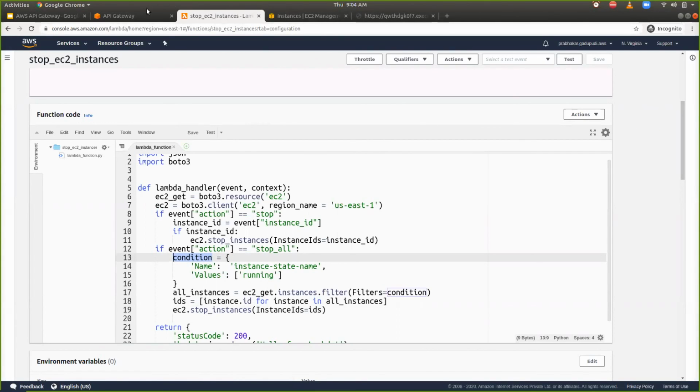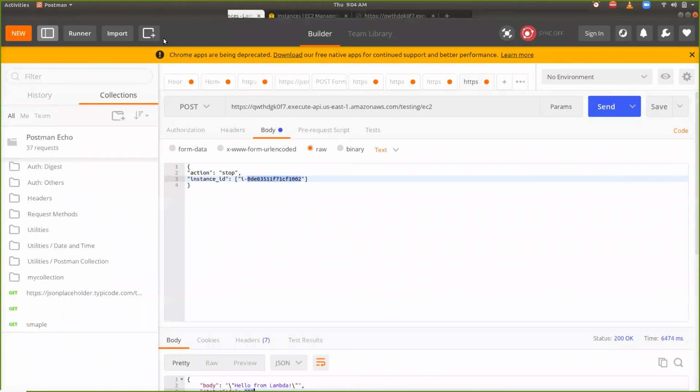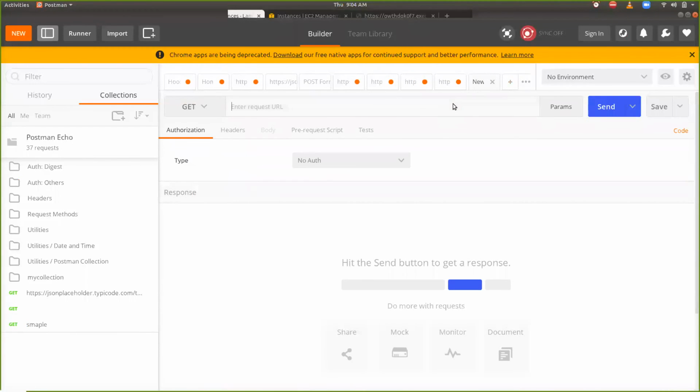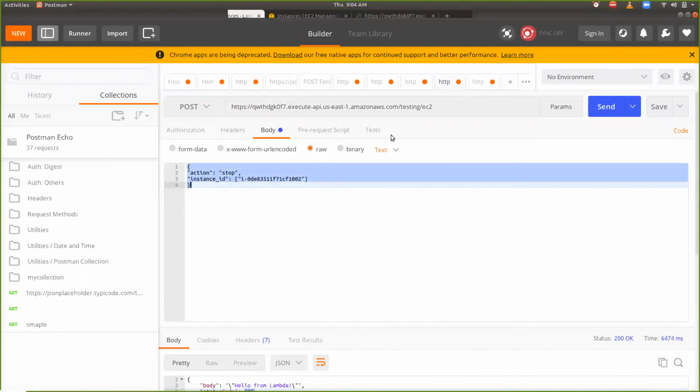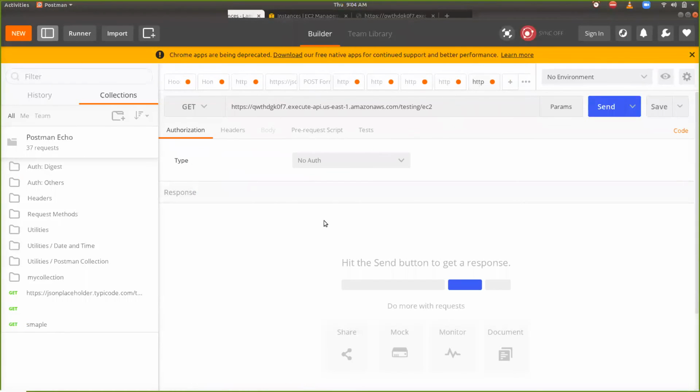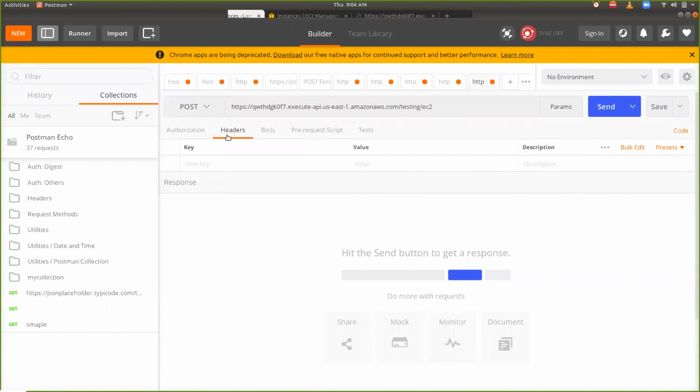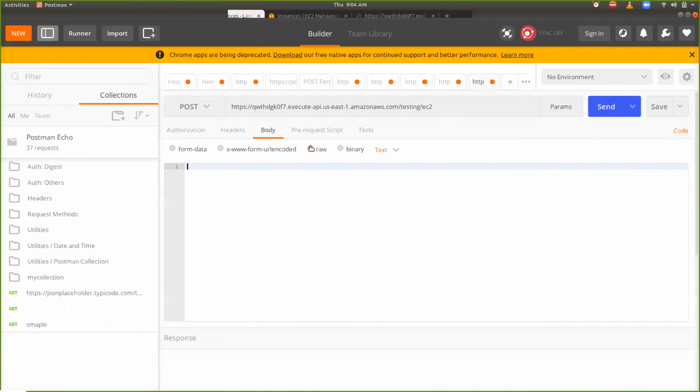So now go back to your Postman. Inside this Postman, I'm going to copy and call another API here. Earlier, my request body was this, and instead of using this request object, go to post, body, and raw.